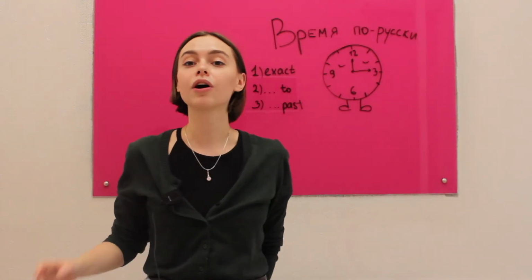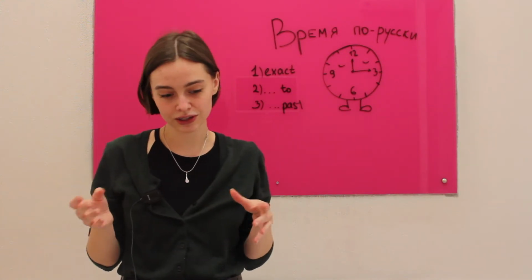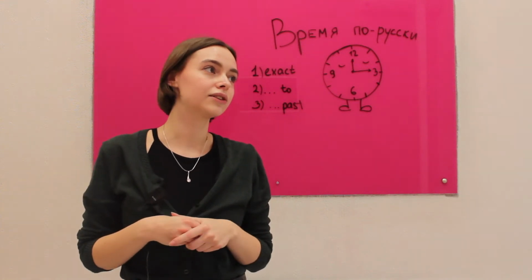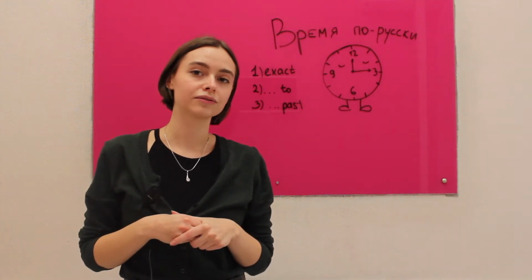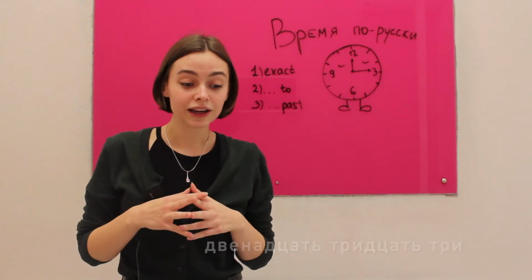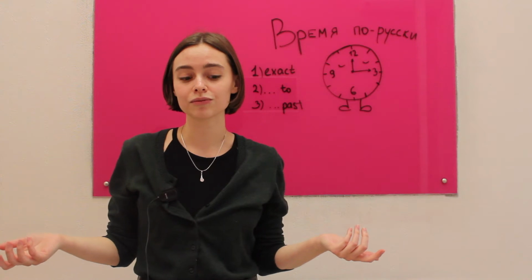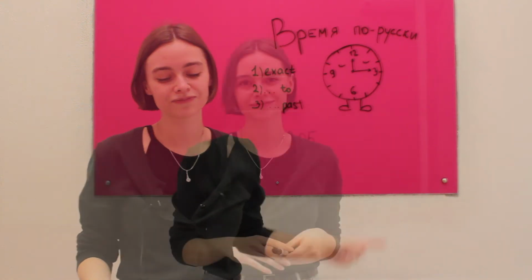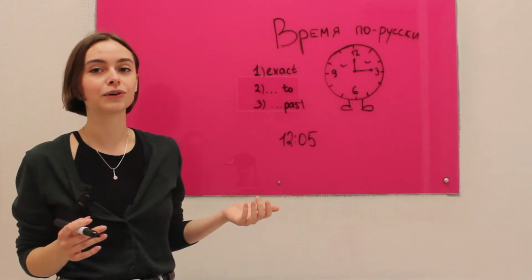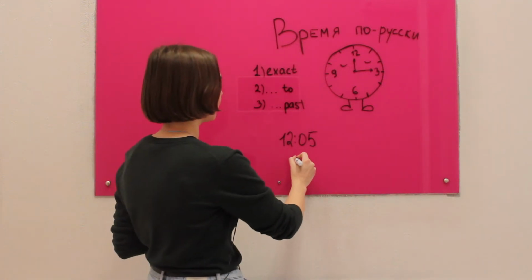If you don't want to bother with all of these numbers and all of these prepositions, endings, you can just say all the numbers. You can say it's 12:33, and just not bother. But if in any situation you would need to ask a stranger for the time, you should know all of this. So when we talk about the first half an hour, for example, it's 12:05, we will say 5 минут